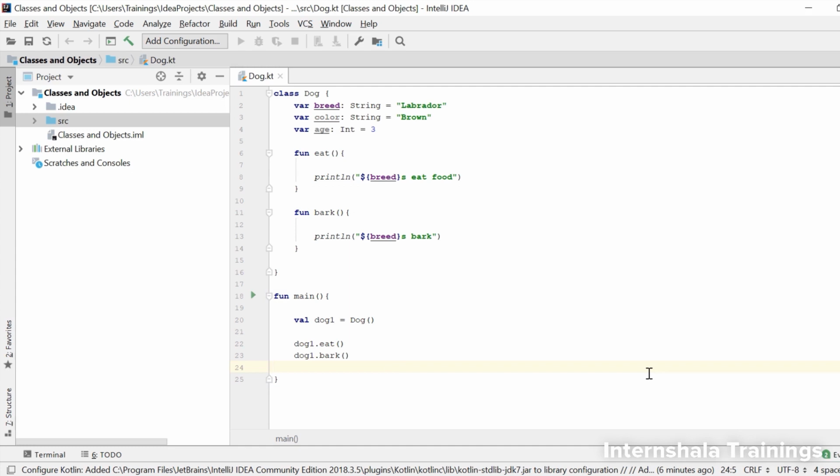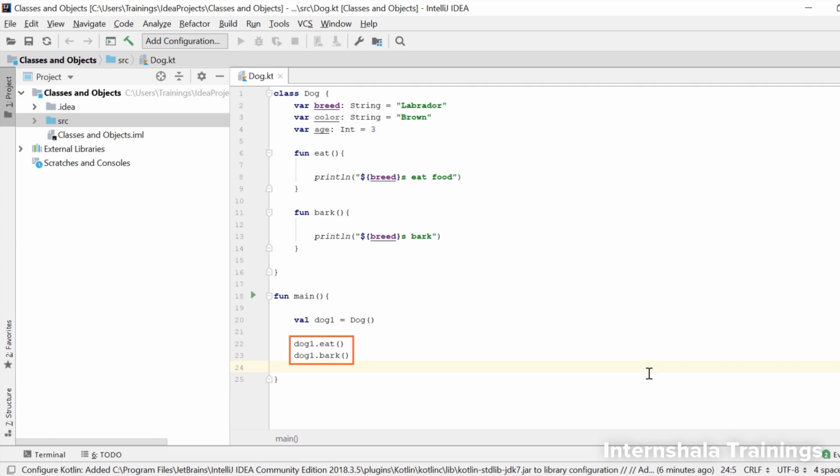Now, when we wrote functions outside the main functions earlier, we called those functions inside the main function to execute them, right? But for classes, we need to create objects of this class inside the main function. So we create an object like this. We declare a val or var variable, put an equal to sign, and then write the name of the class with parentheses. This name that we have given to this variable is the name of the object we have created for the class dog.